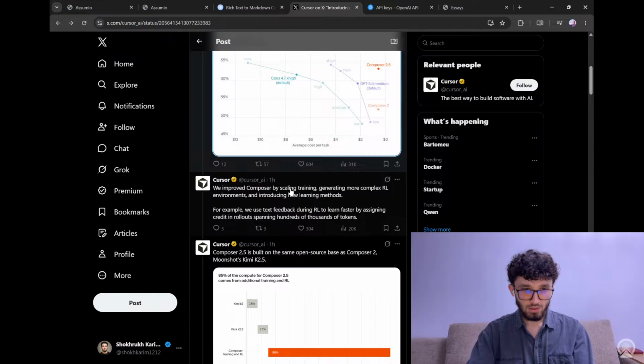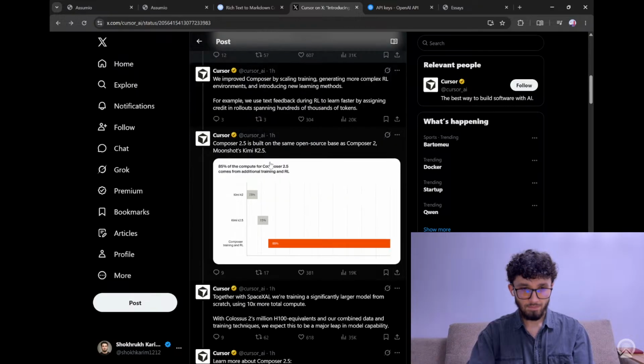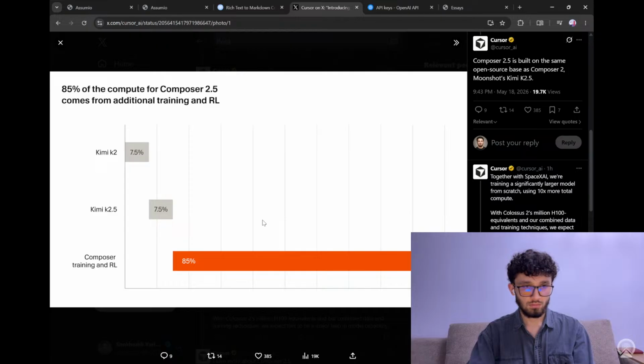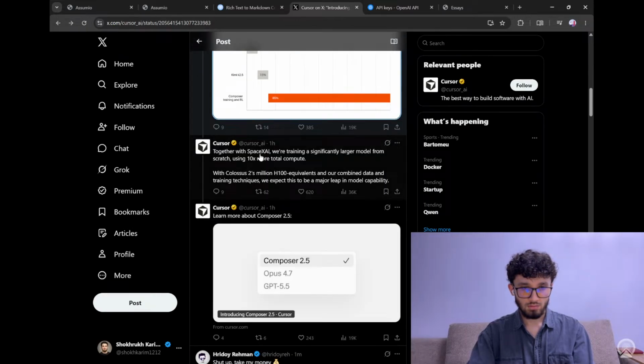We improved Composer by scaling training, by assigning credit, built on the same open base. They are working with Elon Musk's SpaceX AI. Elon Musk is doing a great job, he is supporting Cursor right now. We are training a significantly larger model from scratch using